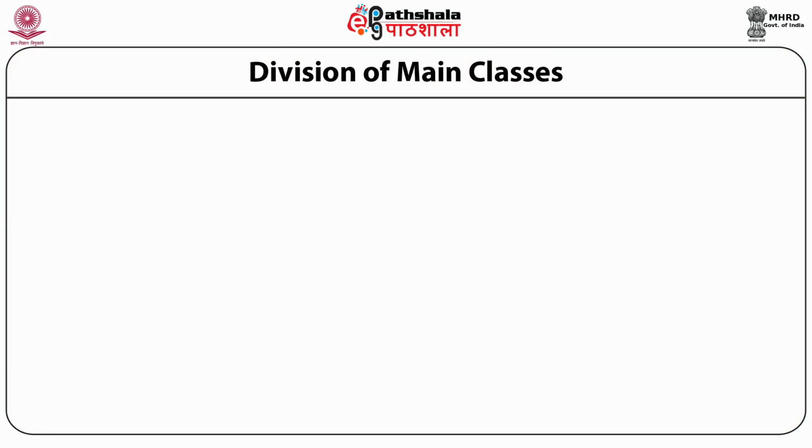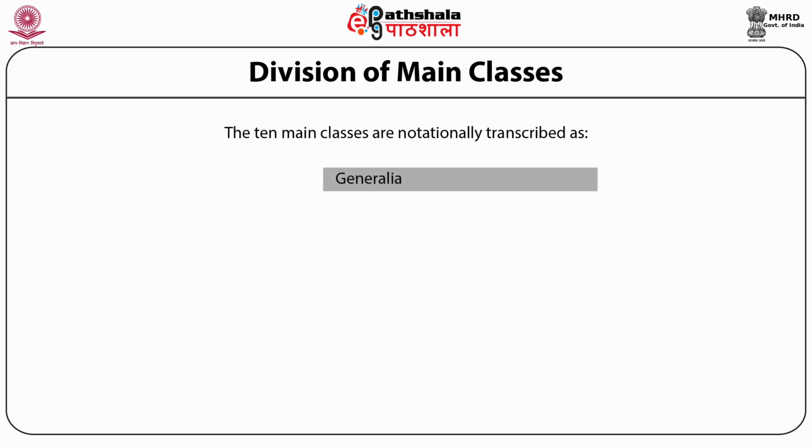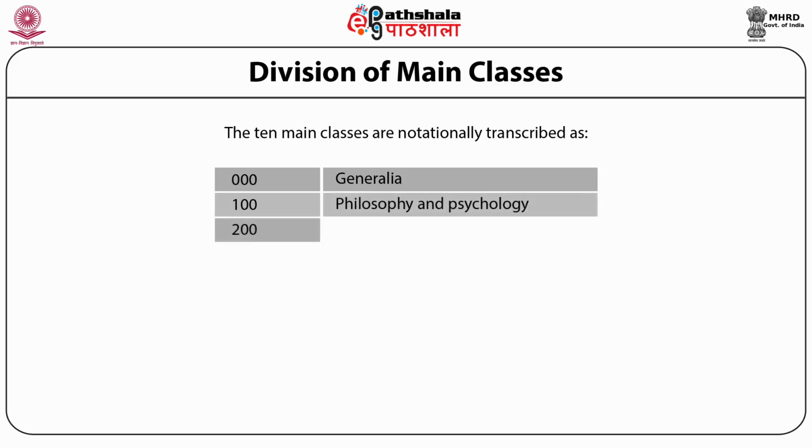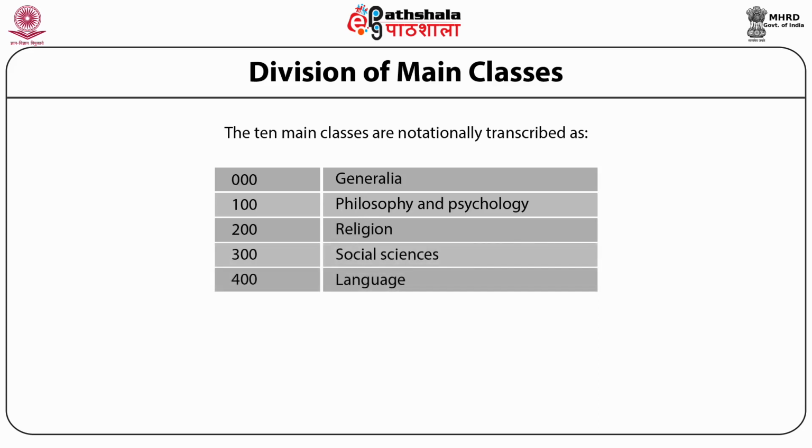The DDC has been divided at the first instance into 10 main classes and denoted by the decimal notation, each of which contains 3 digits. And the first main class is given Generalia, and subjects, it is denoted as 000 to 099. Then next main class 100 and its subdivisions, philosophy and psychology. 200 religions of the world, 300 social sciences, 400 languages, linguistics, philology, 500 pure sciences, or you call it natural sciences,